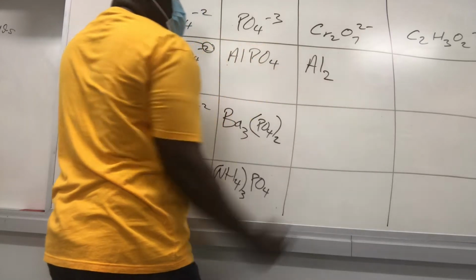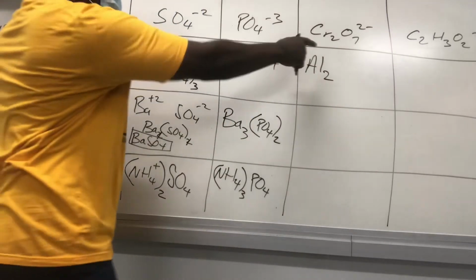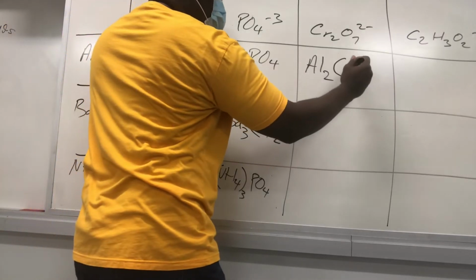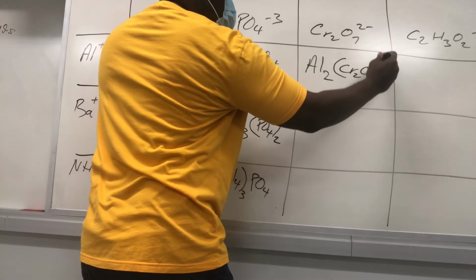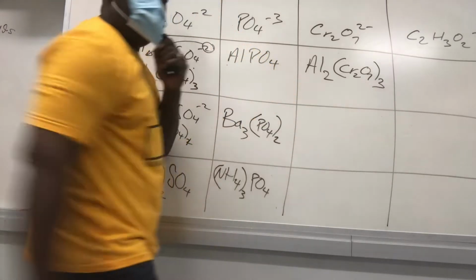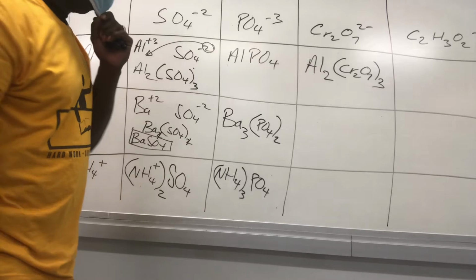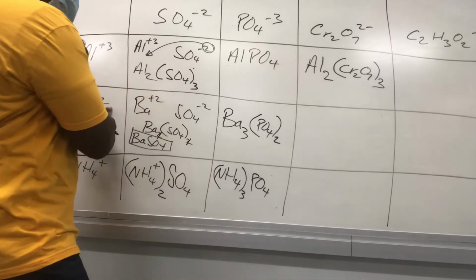Al2, right? Now the 3 that's going to the dichromate, we need a parentheses around it. So you put Cr2O7 parentheses 3, bam, done. Okay? Alrighty. Next guy, Ba plus 2 and